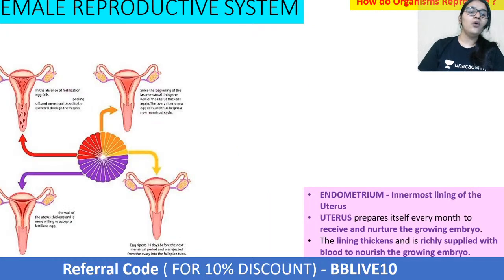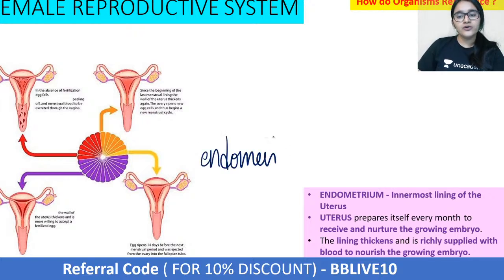Now let's talk about when the fertilization does not happen. The sperm does not enter the body. There is no sperm to fertilize. There is no fusion of male and female gametes. So what now? The body is already preparing for a potential child, right? और वो कैसे प्रिपेयर कर रही है? सो यूट्रस का जो इनरमोस्ट लाइनिंग होता है वो थिक होने लगता है. इसका मतलब, जो एंडोमेट्रियम है, that is the innermost lining of the uterus, it starts to thicken up, right?